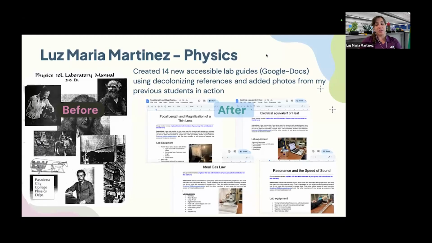For the Introduction to Conceptual Physics lab, we initially had this very old document that was hard to follow and difficult to read. The new project includes 14 new Google Docs that the students can use and access with the college account, that have all the resources they need and the references they're going to be using in the lab. There are also pictures of previous students that have been using the equipment, so it's clear to them and they can see themselves represented in the lab.